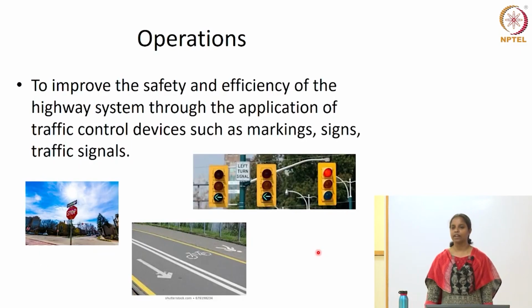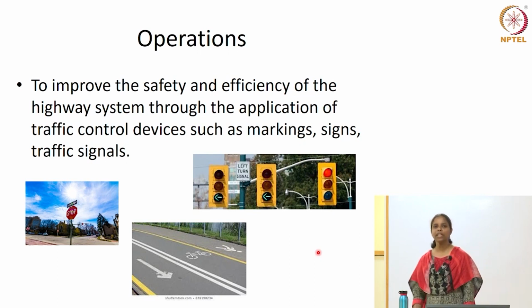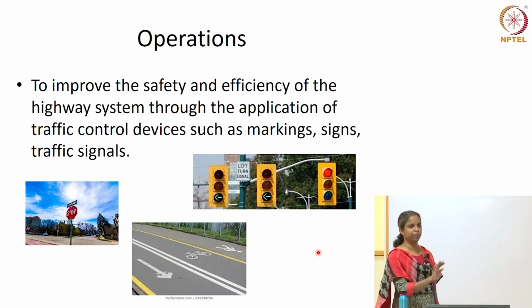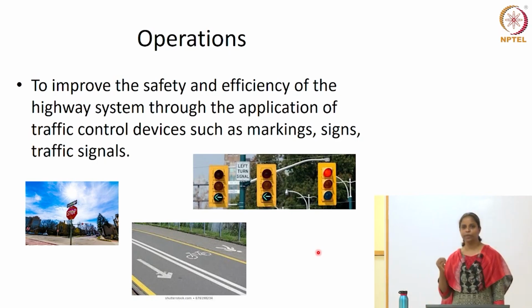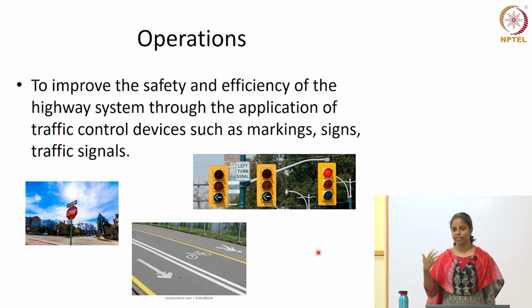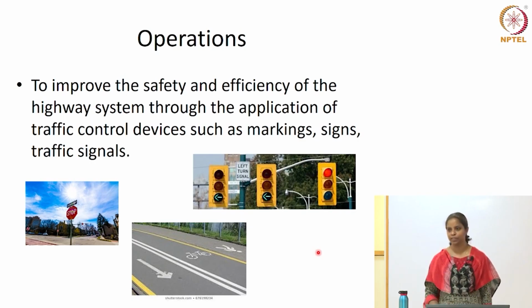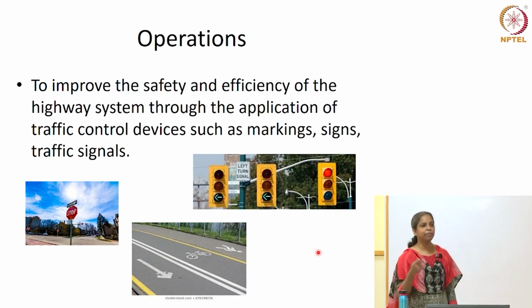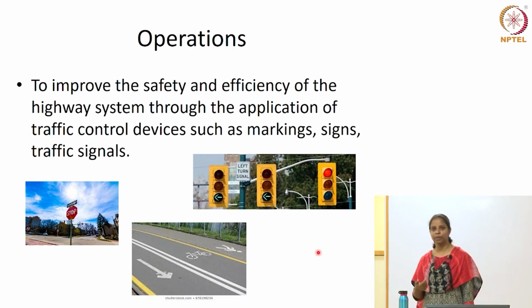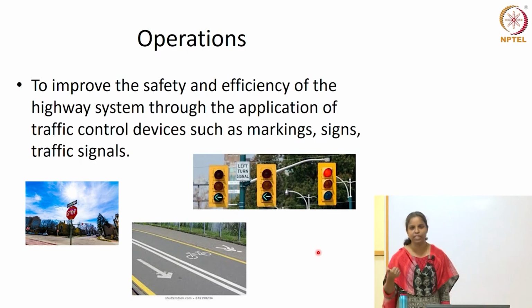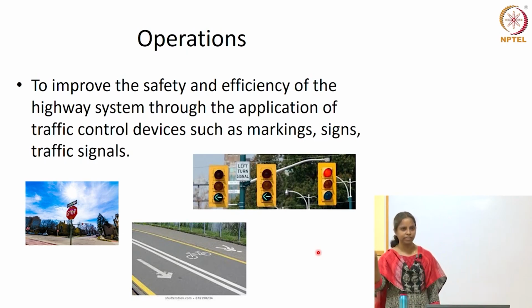Third is what is called the operations. How do we control or manage the vehicular movement on a roadway? There is no way you can communicate with the driver. As an engineer, you don't communicate with the driver by calling, hey, you cannot go this way. So you need some kind of media to communicate with your drivers. That's what these operations mainly is. It's mostly about signs, markings and signals.